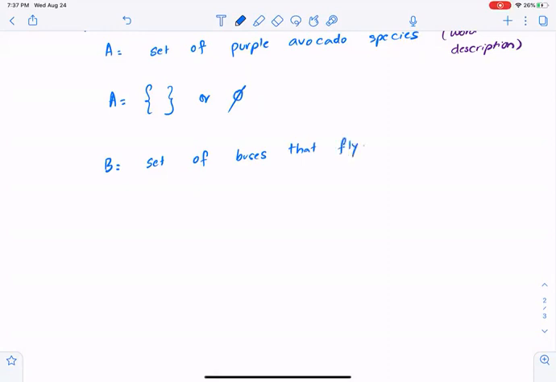So, set of buses that fly. Now, this is kind of a weird example. By bus, I mean a four-wheel bus, a bus that goes on land, a bus that's driving on a road is not going to fly. If I said an Airbus, that would be an aeroplane, and it flies. So in this case, I'm referring to a regular bus that you drive on the road. So will it fly? No, that would be